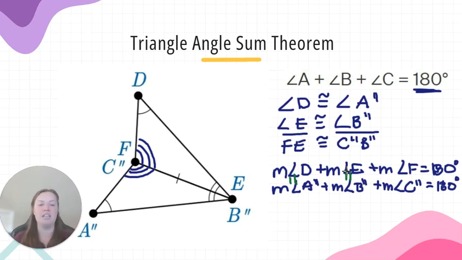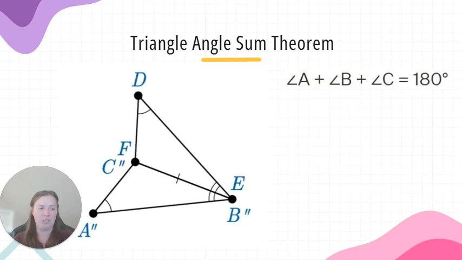When we take the measure of angle A double prime and the measure of angle B double prime and subtract it from 180 degrees, we can only have one angle measure, right? When we're adding, we can't have different numbers if everything else is the same. That means that the measure of angle F and the measure of angle C prime have to be the same, right? If everything else is the same, those two have to be the same by the triangle angle sum theorem. Okay, keep that in mind when we are trying to prove